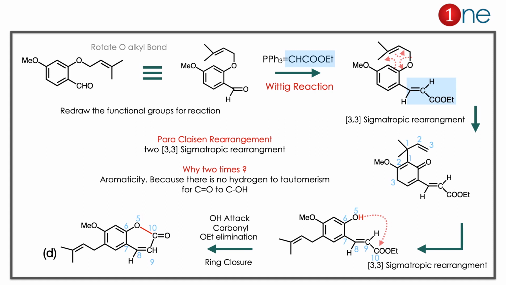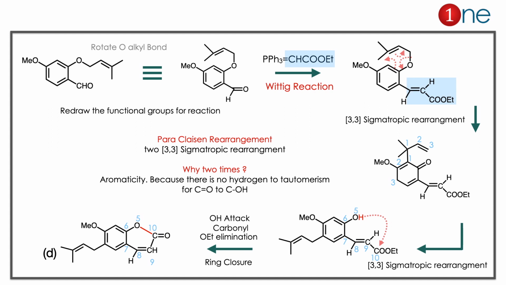So there is a Claisen rearrangement. It will occur continuously. First it happens at the ortho position, then it happens at the para position. Why is it happening twice? Because you have to create the aromaticity. So the ring is closed and opened continuously as a rearrangement. At the para position the ring is closed nicely. You have the alcohol formation. So aromaticity is established. That's why two sigmatropic rearrangements occur there.